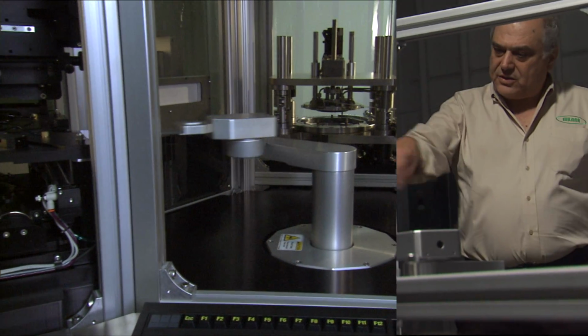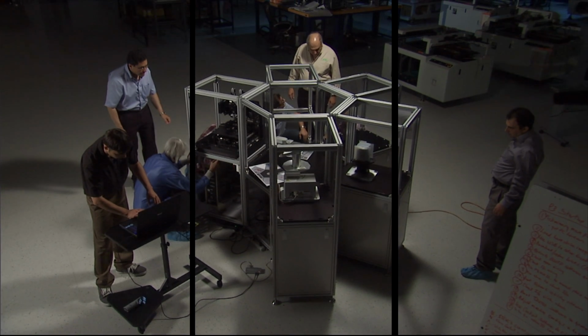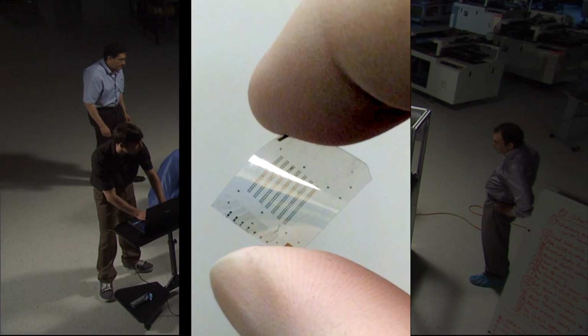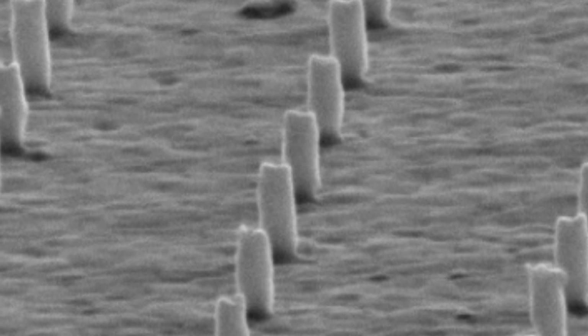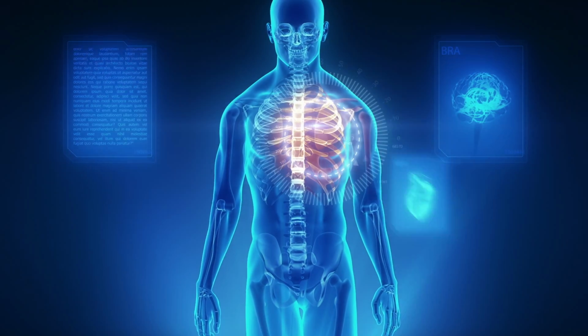It will take more time in the lab and in the factory before NanoOps is ready to produce complex commercial electronics. But the machine is already making devices like super tiny plastic sensors with applications from saving energy to saving lives. And these sensors can do amazing things because, first of all, they can be very, very small. They could be much smaller than a grain of sand. With nanoscale sensing elements 1,000 times thinner than a human hair, these sensors can detect the earliest signs of infection or disease, for example, and transmit the data